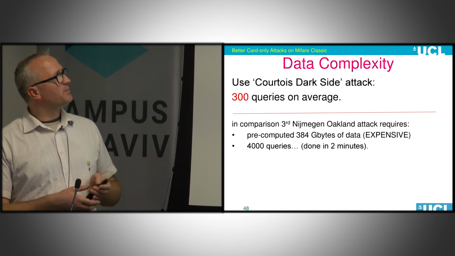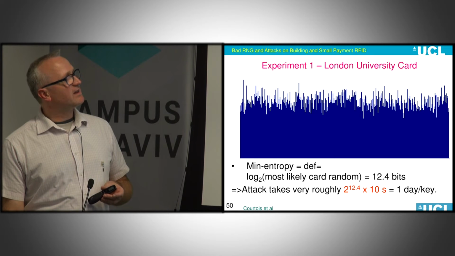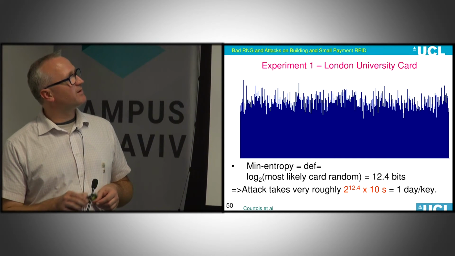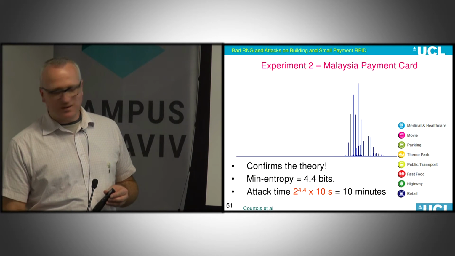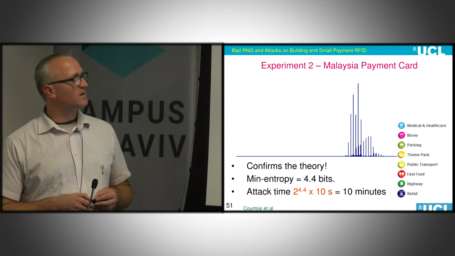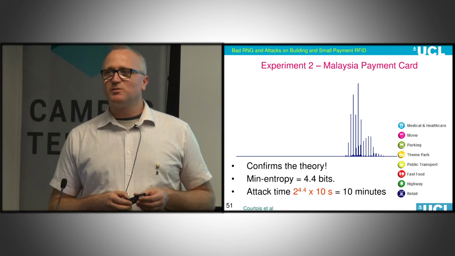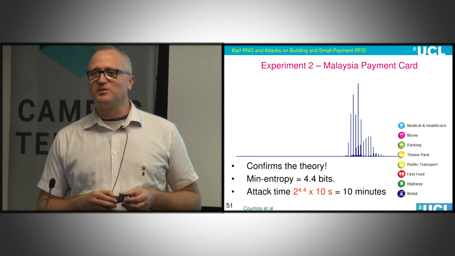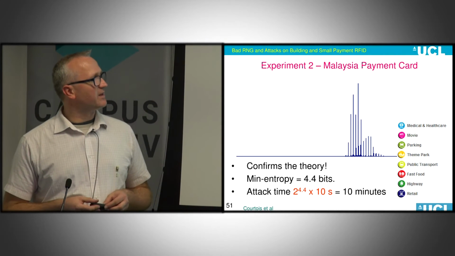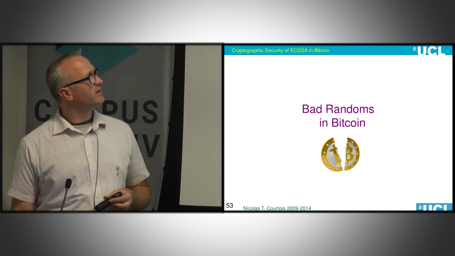What is interesting in the research we have done about smart cards is that a lot of smart cards differ a lot in the quality of their random. Some smart cards are very random. Some have very poor randomness. This is, for example, a Malaysian payment card. Bad randomness is a question which you have to study in detail if you really want to do a good attack, because there are a lot of things which happen here.